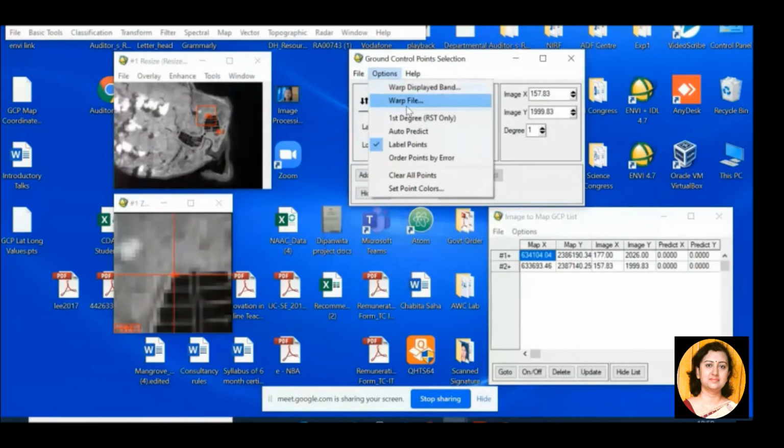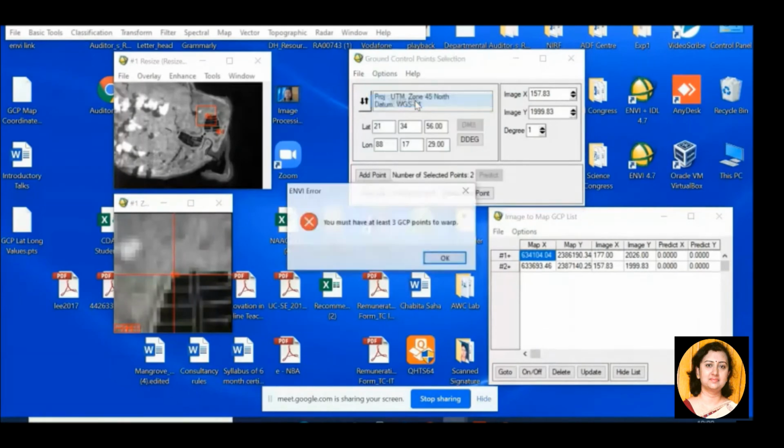Warp means you have to apply the correction technique either on a specific band or on the entire image, on all the bands of the image. So let us select warp file, because if I select displayed band, then only this particular band will be corrected. All the other bands will remain uncorrected, which is not our objective. So I will select warp file.